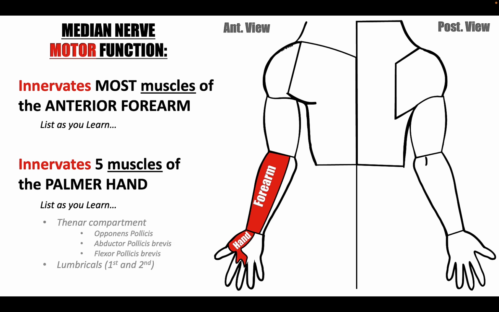The nerve that innervates the 1.5 muscles we didn't talk about in the anterior forearm was actually ulnar nerve. Now it's flipped in the palmar hand. The majority of muscles in this area are innervated by ulnar nerve, and the exception is the 5 muscles we memorize that are innervated by median nerve in this area. You can list those as you learn them because you haven't had your hand lecture yet, and if you have, you should add this information, but there are fewer muscles to learn, so